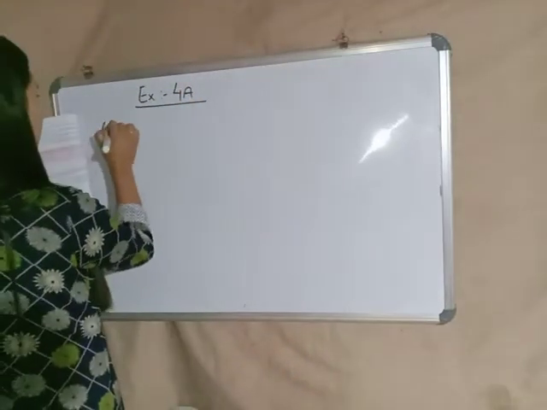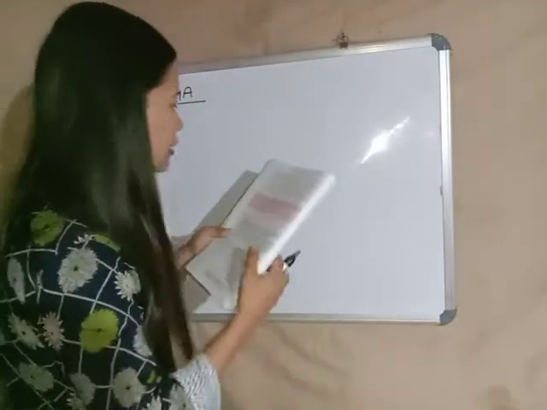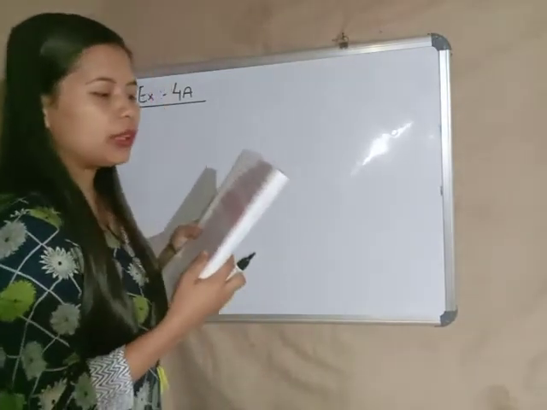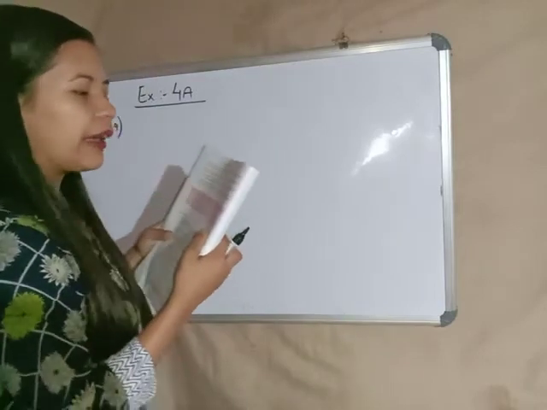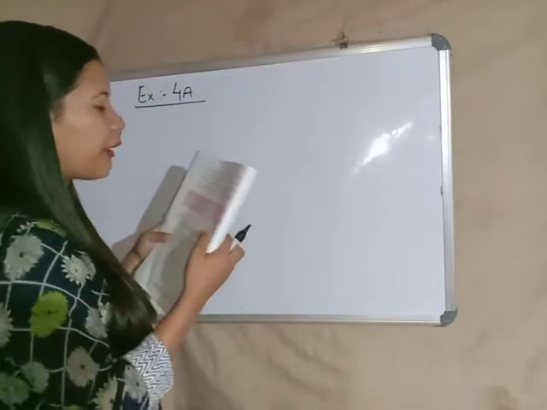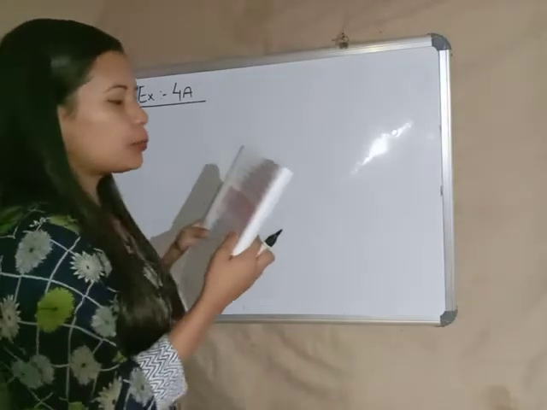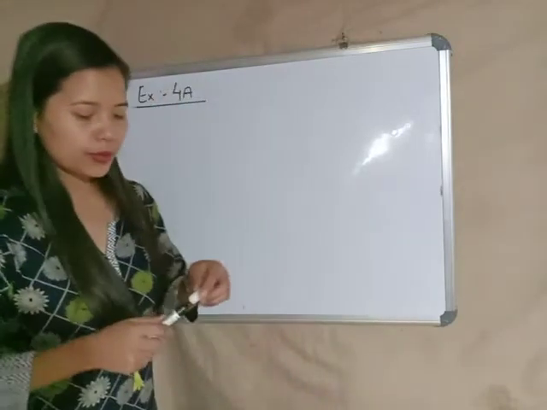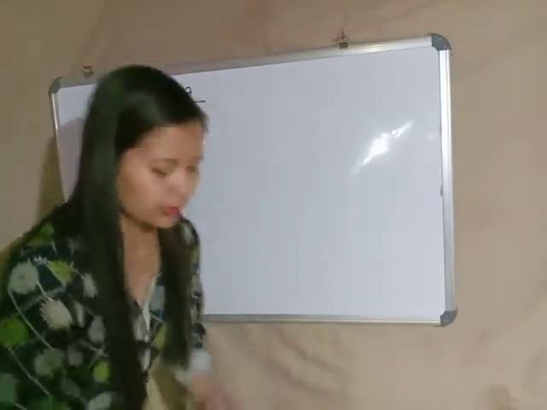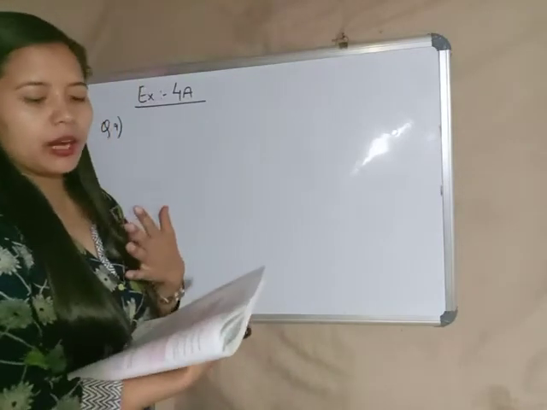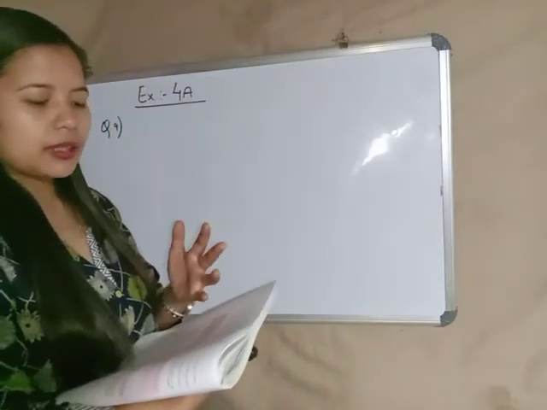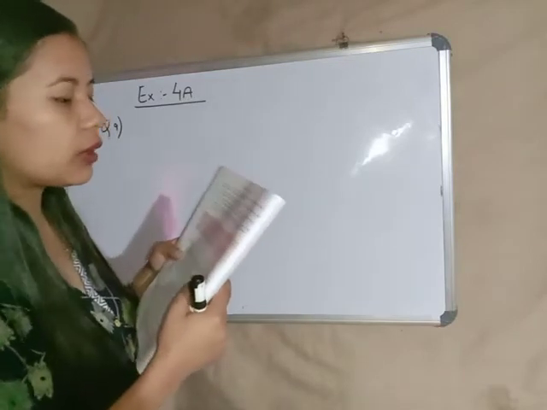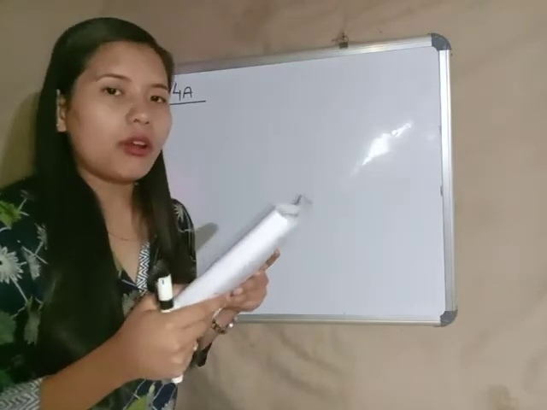So this is question number 9. Question number 9 says a vendor bought 10 dozen eggs at the rate of rupees 22 per dozen. Six of the eggs were rotten. He sold the remaining eggs at the rate of rupees 2.50 per egg. Find his profit or loss. Okay, so there are a lot of things involved in this question. There are dozens of eggs bought, there are 6 eggs rotten, and there is a selling price of each egg given. Okay, so we need to figure out whether there is a profit or a loss.